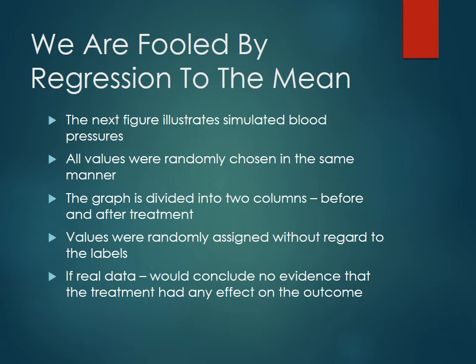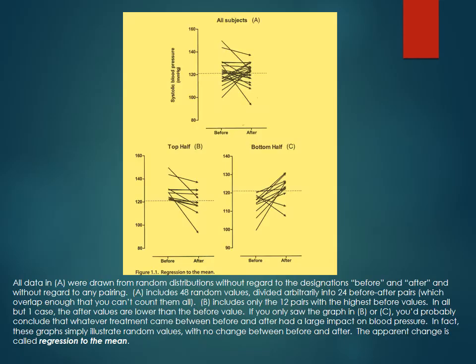So regression to the mean is this other idea, which we kind of just alluded to, where things of extreme natures tend to go back towards the mean over time, or the average value. So again, I'll show you a picture on the next slide that actually shows some before and after values of blood pressure. Say we instituted some sort of new drug, some sort of new antihypertensive to affect the blood pressure. If you just look at the cumulative data here, and you see that line going across, that's the average, right? So for all the data there, it's showing the average before values on the left, after values on the right side there. If you look at them, could you say that that drug had any effect on blood pressure?